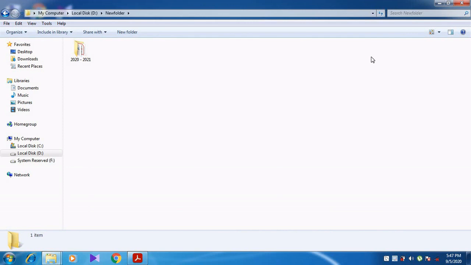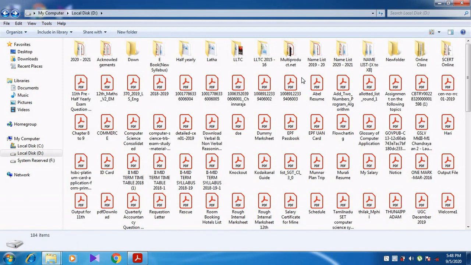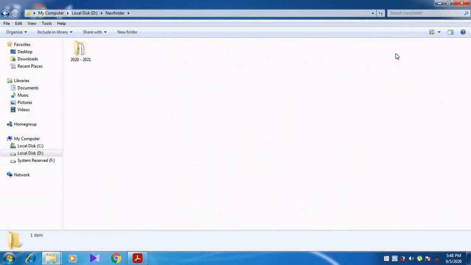But I should not do this. Why? Because I want to copy. I want to make another copy. So for that, now I should press the leftmost button as well as the Control button. Now if I drag the folder, it shows copy to. Instead of move to, it shows copy to. So when I release the leftmost button and the Control button, automatically the folder is pasted in the new folder. Can you understand, students?